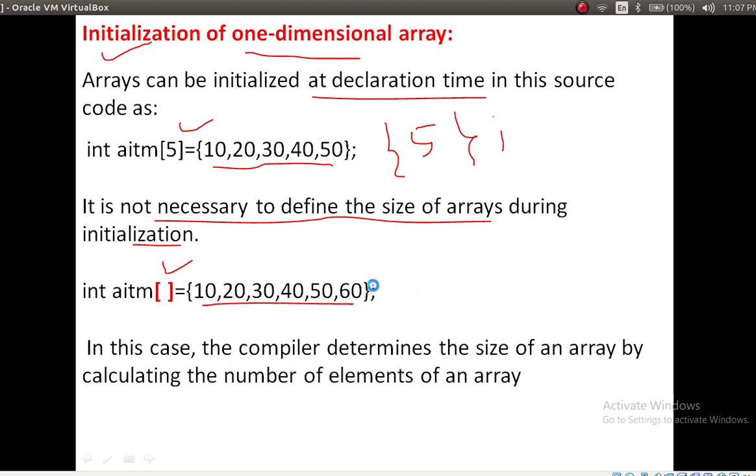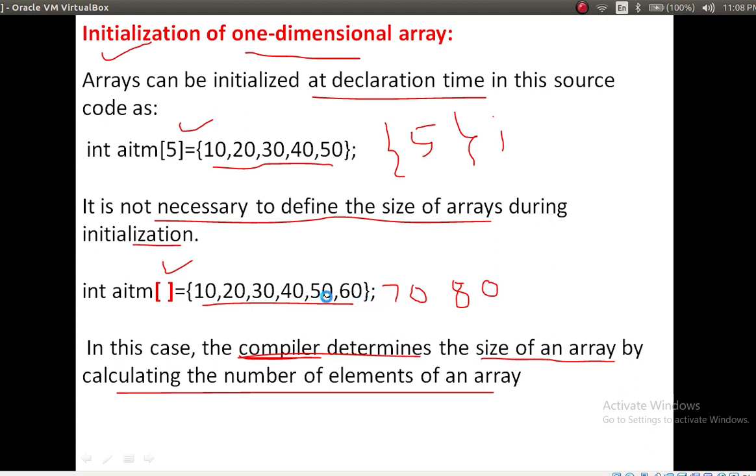So how will it occupy this space in the computer? The compiler determines the size of an array by calculating how many elements you have inserted.